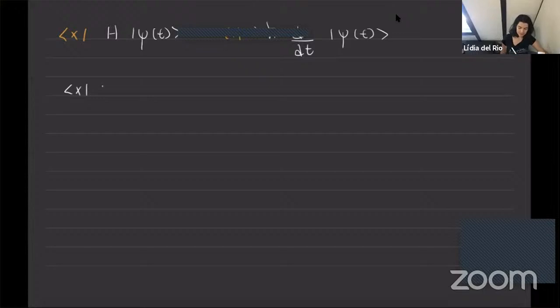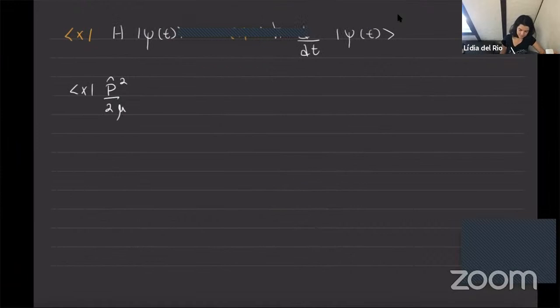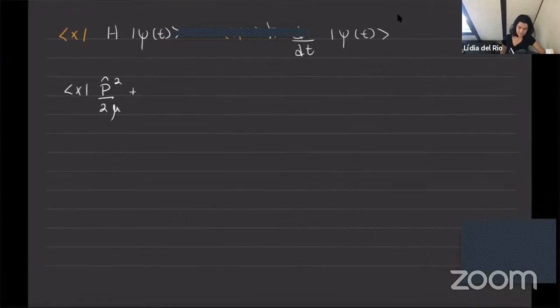And now we write here a Hamiltonian. P squared over 2 mu. Did I have the 2 before? Yes. Plus V of x of t equals, and on the right,